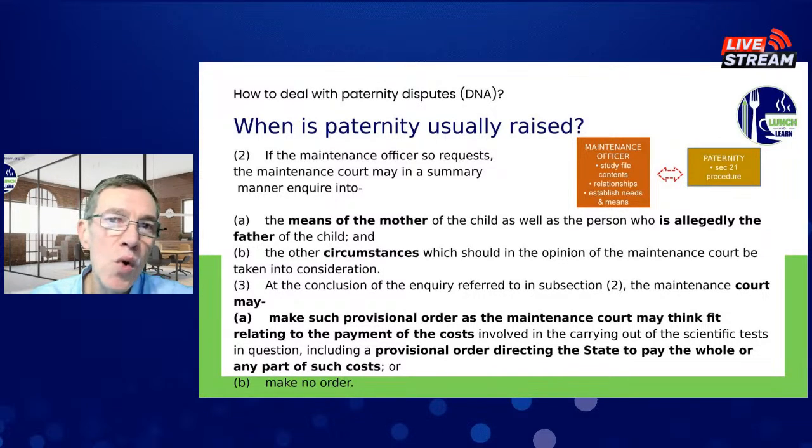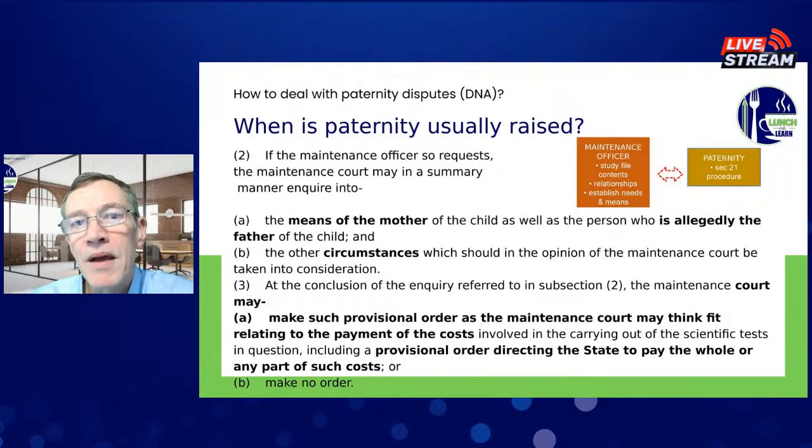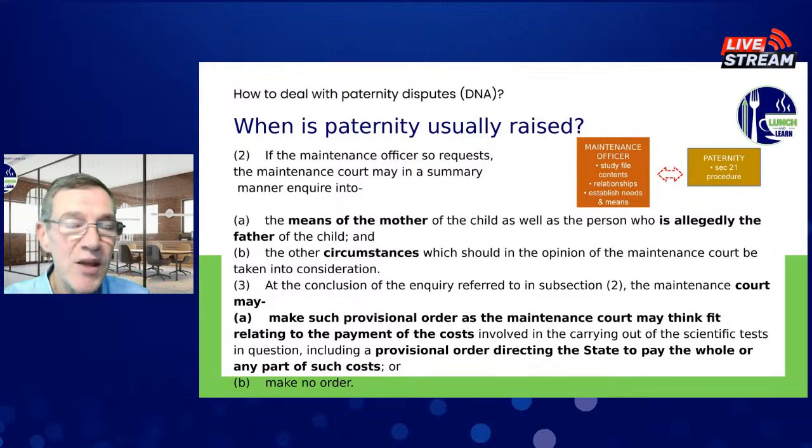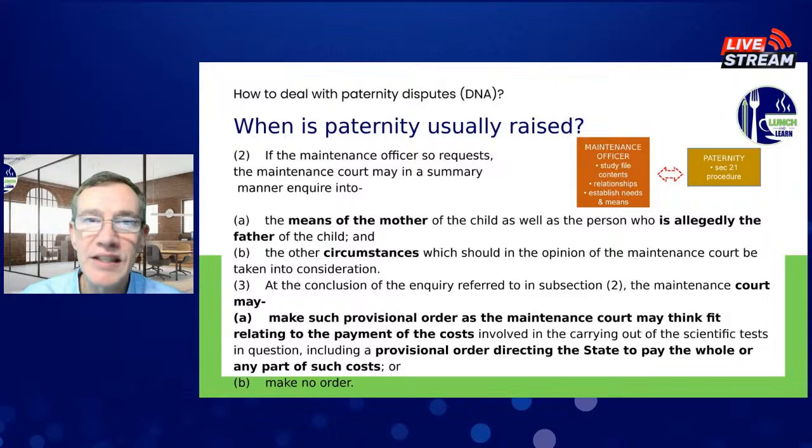It would be done in court, and the court would investigate the means of the mother, her income, her expenditure, as well as the alleged father. They would look at his income and his expenses, as well as the circumstances. And the court at that stage would investigate, what has the father been contributing previously for maintenance? Has he made any contributions? Has he paid for the damages in terms of customary law? And those are all the circumstances for the court to evaluate